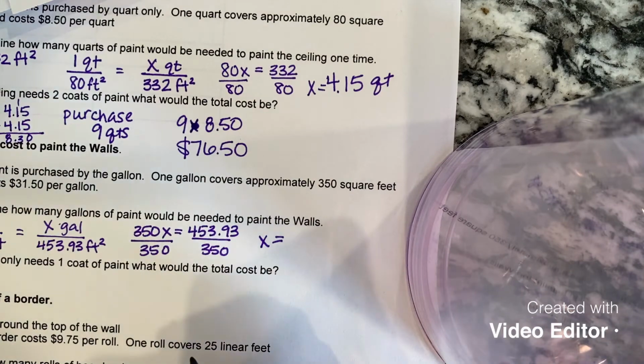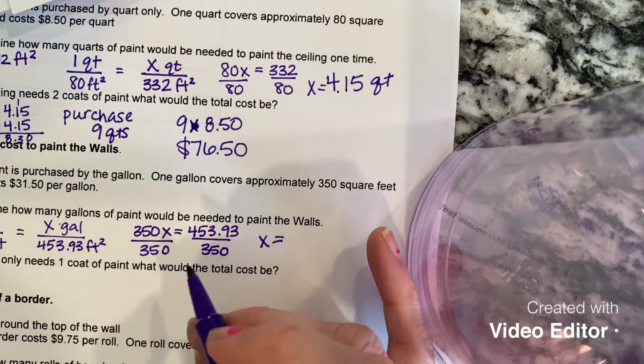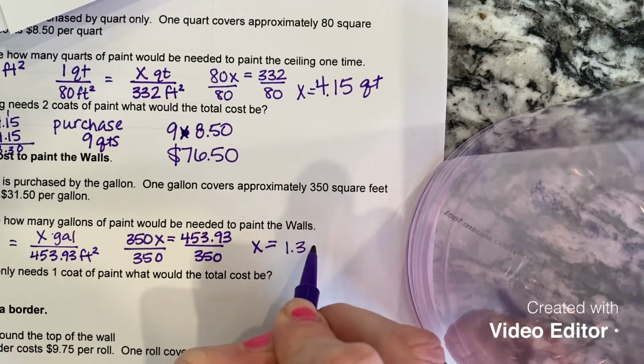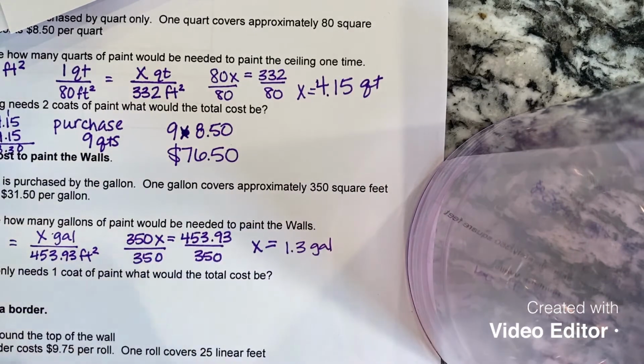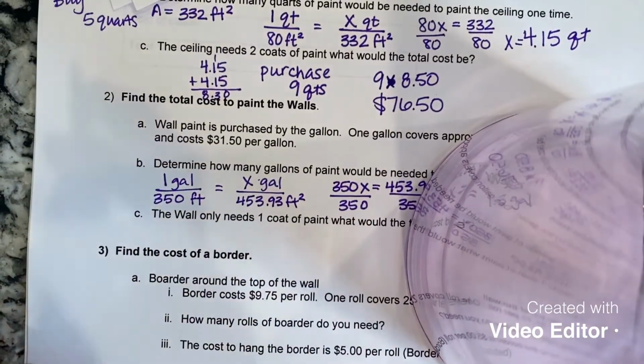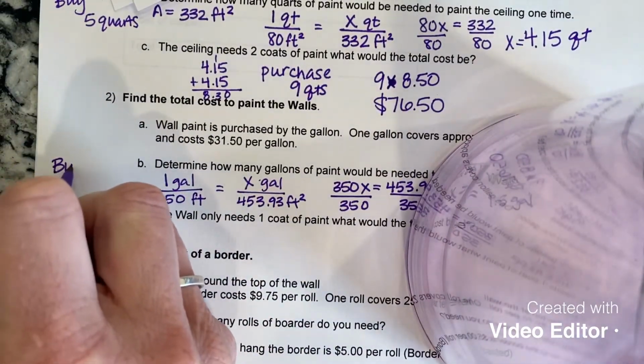I need 1.296 or 1.3 gallons. So again, you can't buy a third of a gallon, so I need to buy